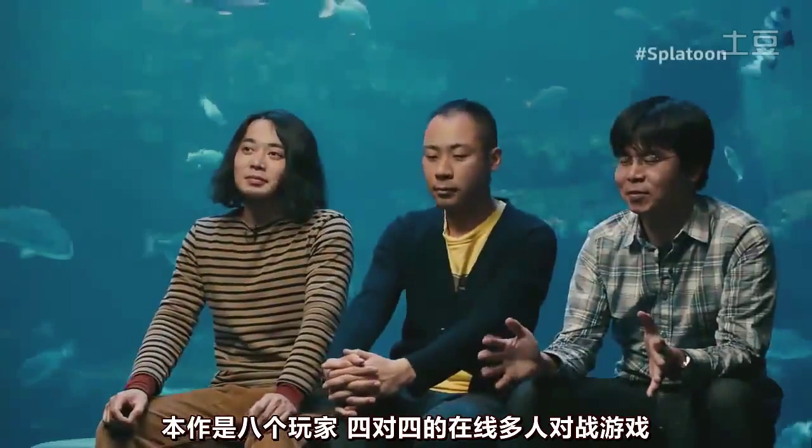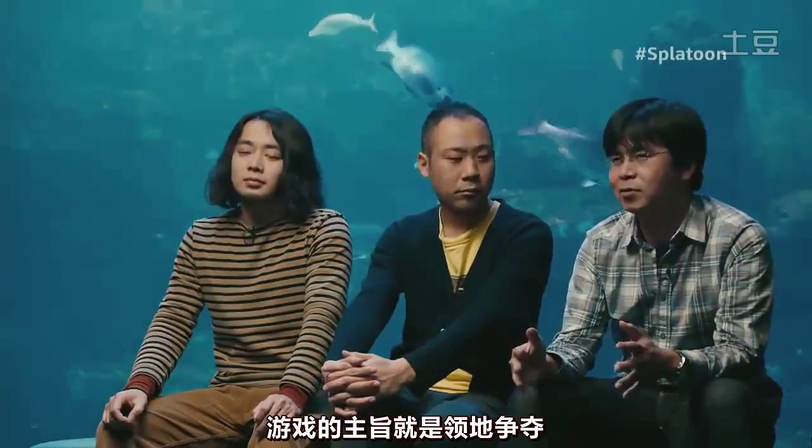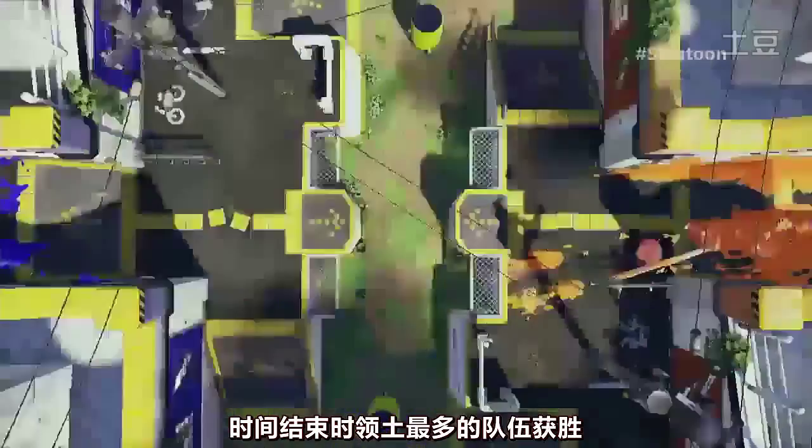Splatoon is an 8-player, 4-on-4 online multiplayer action game. It's all about controlling territory. Teams battle to claim their turf by splattering the map with ink, and the team with the most territory, when